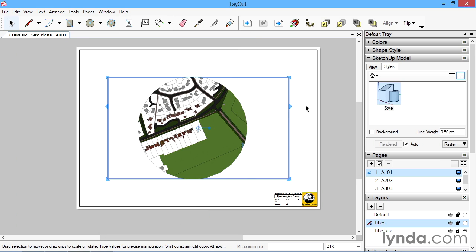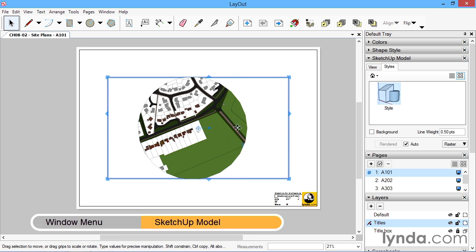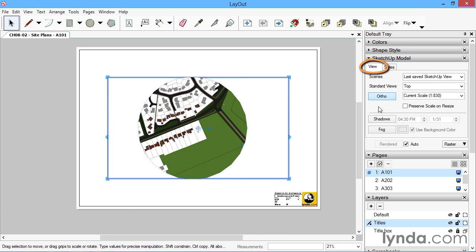Now, I said when we created the location plan that we didn't need to create a scene for it because we're just looking top down on this and we just need to set the scale. So it's not like we have any fancy section cutting to do. It's just the site that we're looking directly onto. All we're going to do is highlight the boundary of the site, and we're going to do that in layout anyway. So by selecting the link and we go to our SketchUp model, on the View tab,